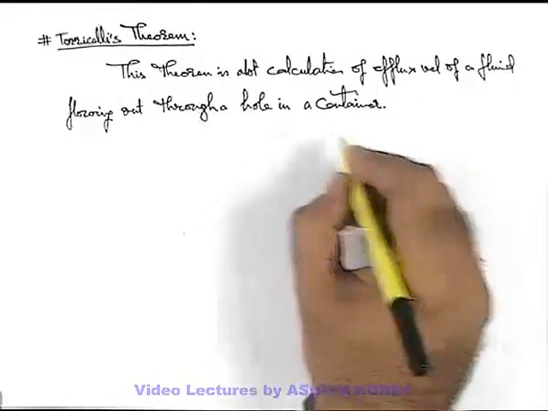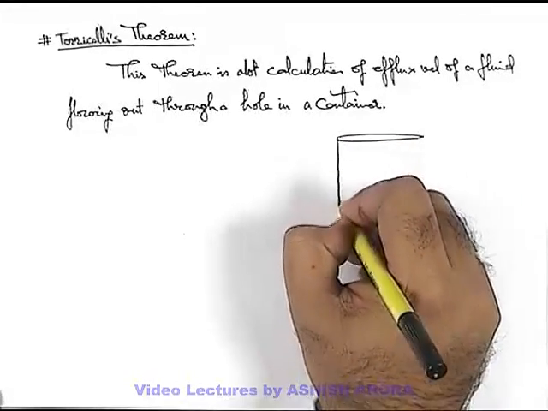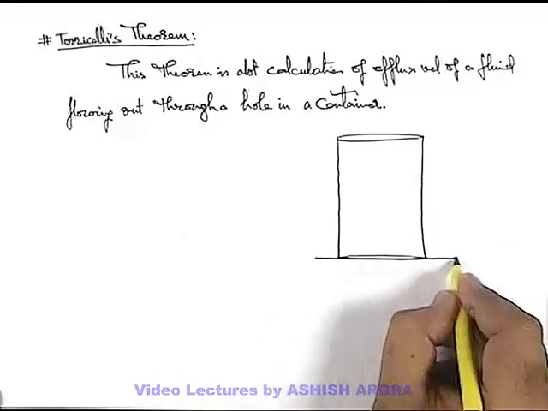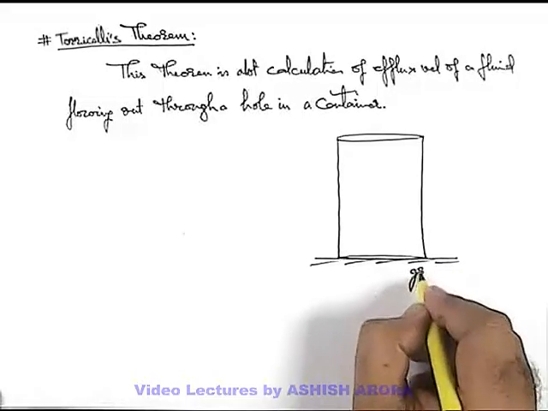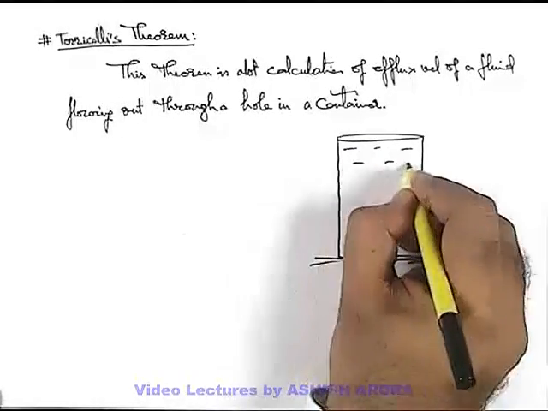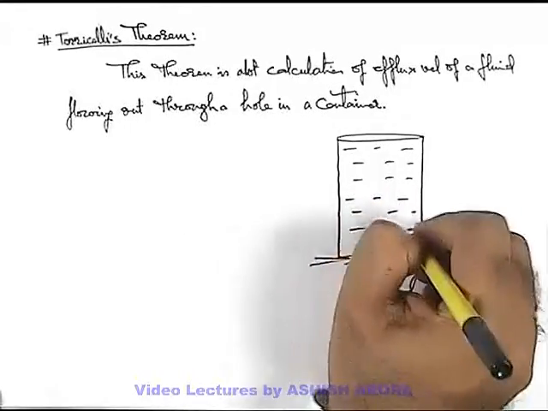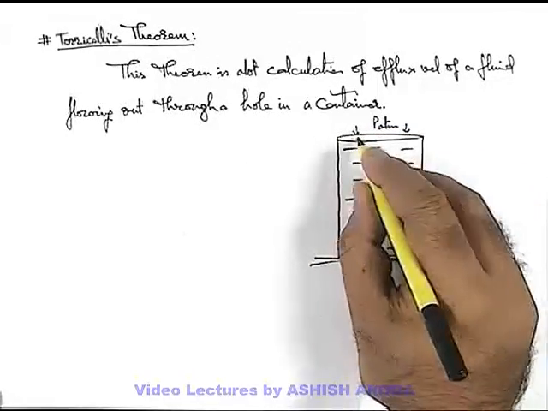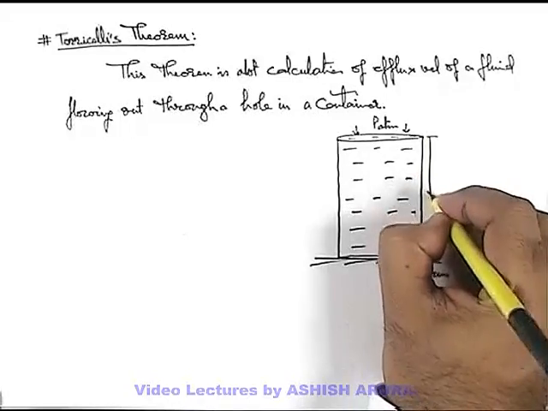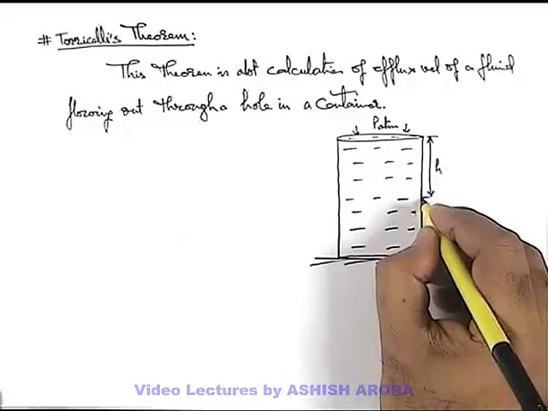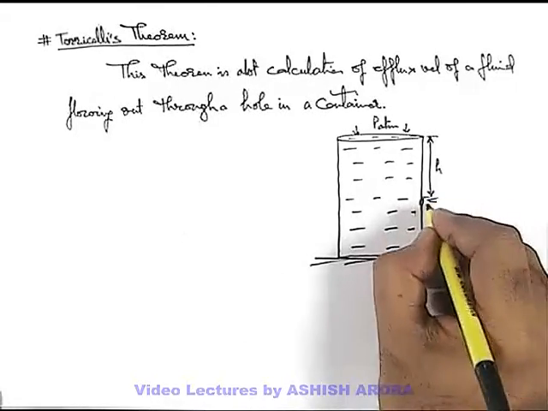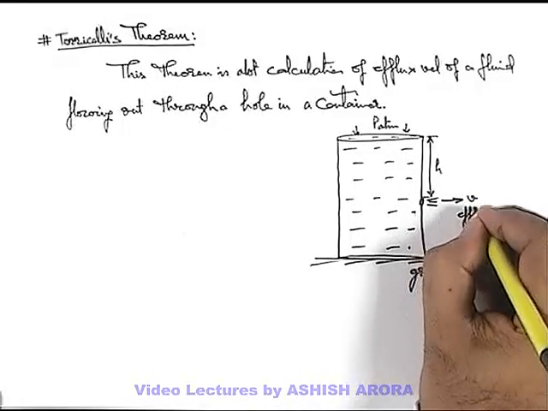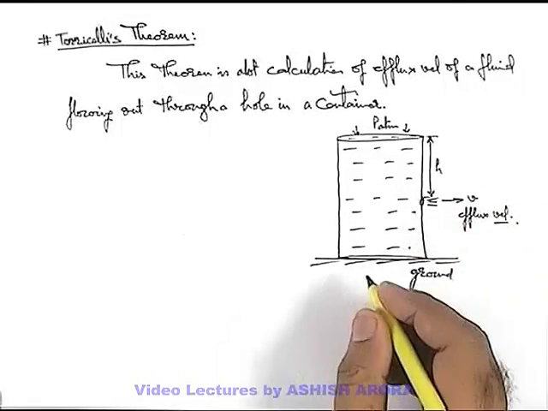Say we consider a situation in which we are given a cylindrical container placed on the ground, and the whole container is filled with a liquid of density rho, and at the top it is open to atmosphere, as atmospheric pressure is applied at the top. Say from the topmost level of liquid, at a depth h below, we make a hole in the container through which the liquid will start coming out. The velocity with which it comes out, we call it efflux velocity, and this efflux velocity can be calculated by